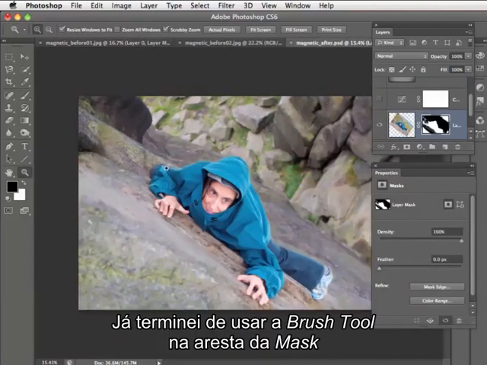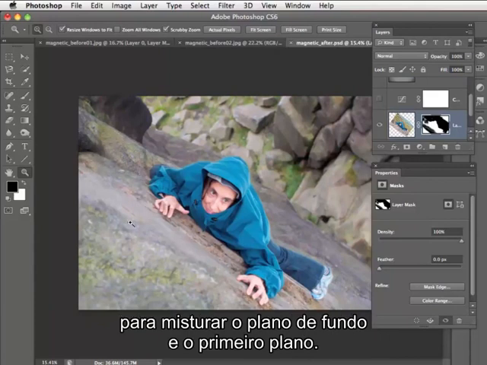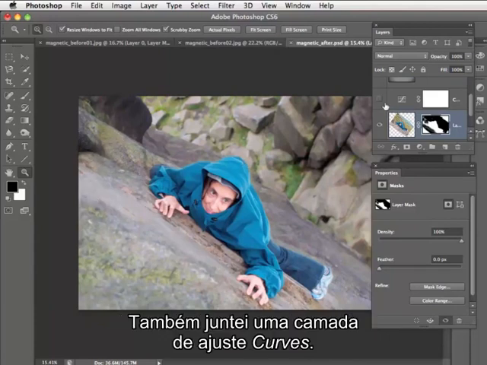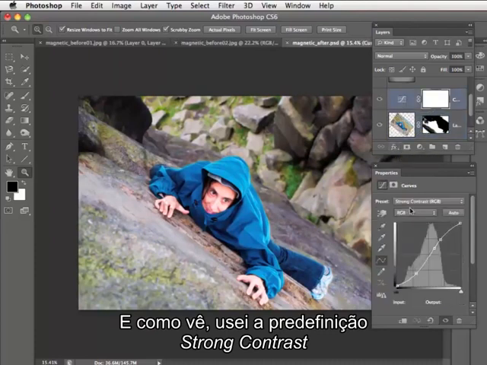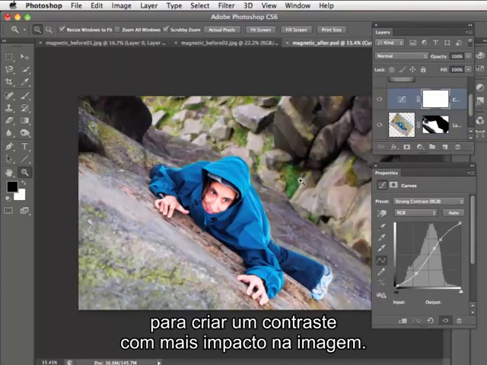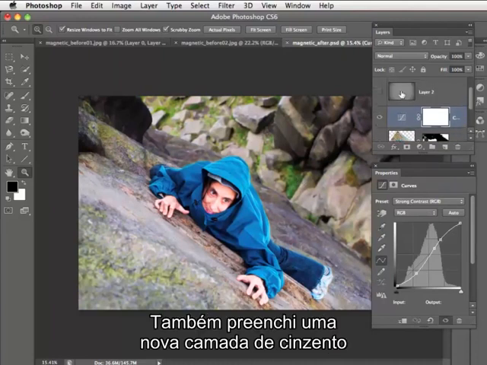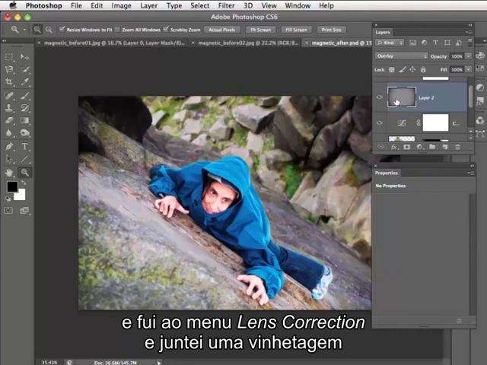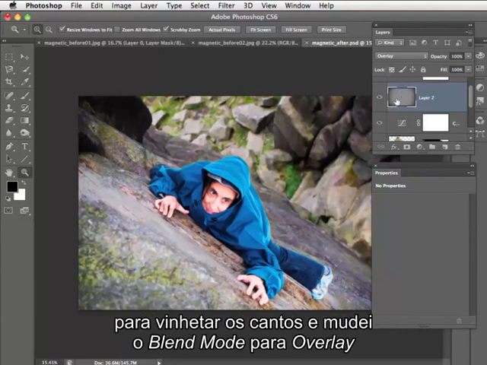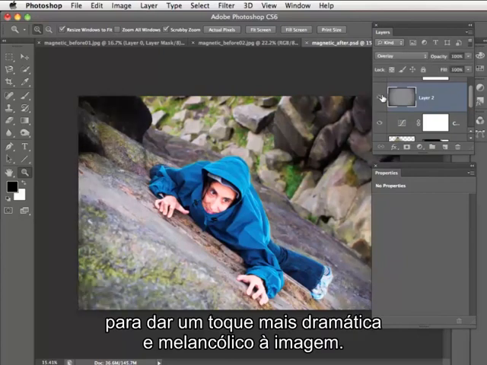I finished spraying the brush tip around the edge of the mask to blend the background and the foreground together. I've also added a curves adjustment layer, and if you just have a quick look at that, I've used the strong contrast preset to create a more dramatic contrast for my shot. I've also filled a new layer with grey, and then I've gone to the lens correction command and added a vignette to then vignette the corners and change the blending mode to overlay to create a more dramatic and moody